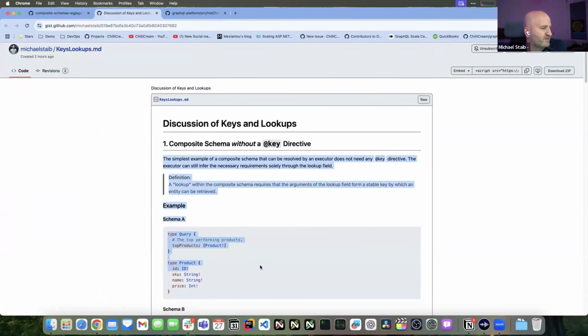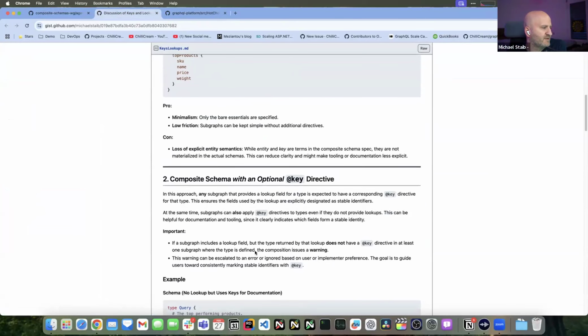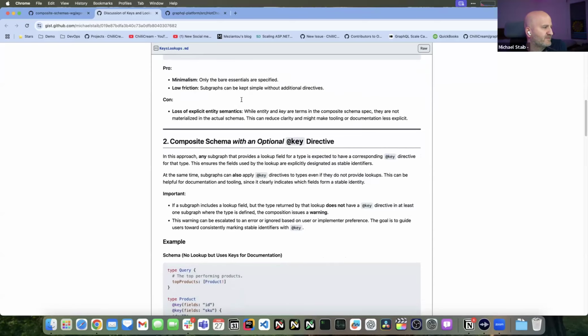This was one of the proposals. I also posted it in the Slack channel, and I summed up the pros and cons. The main issue that we have here is the loss of explicitness, and the semantics of the schema getting lost.